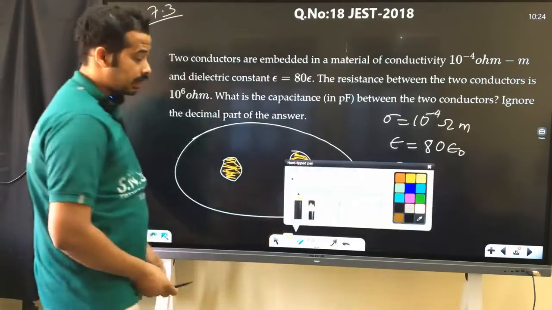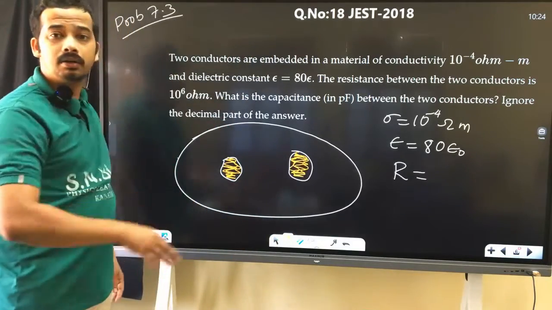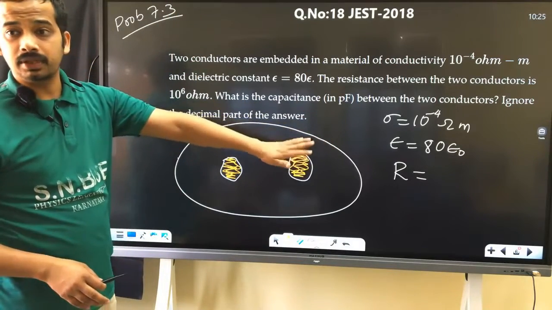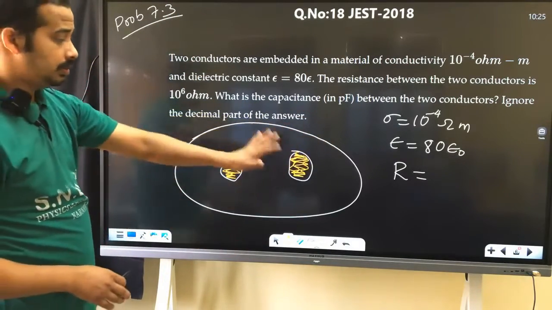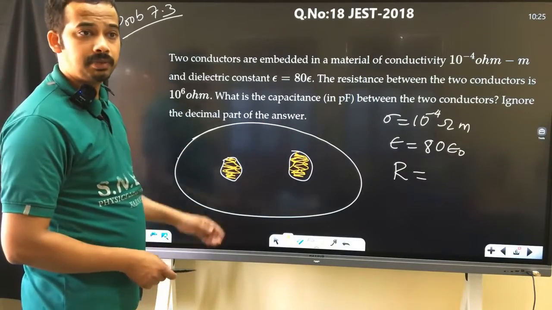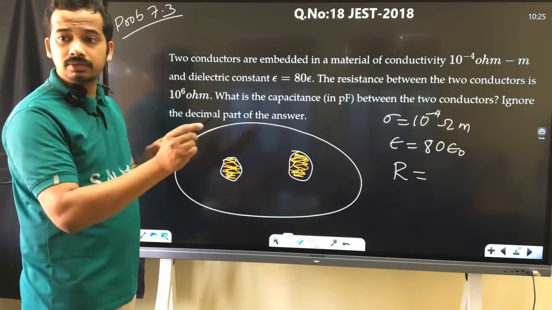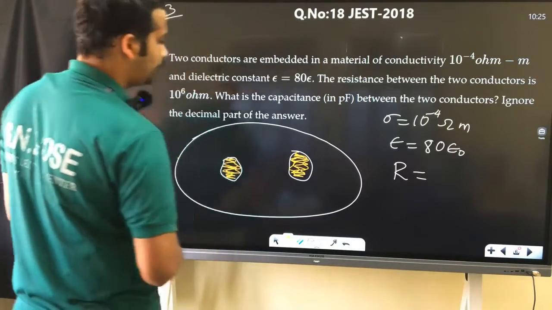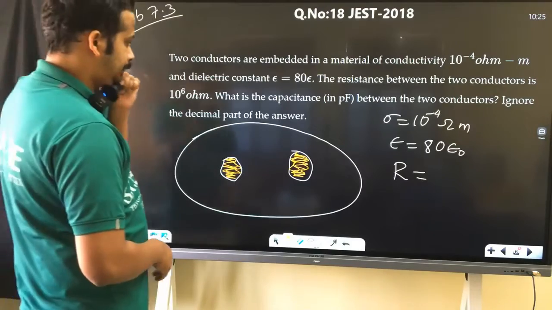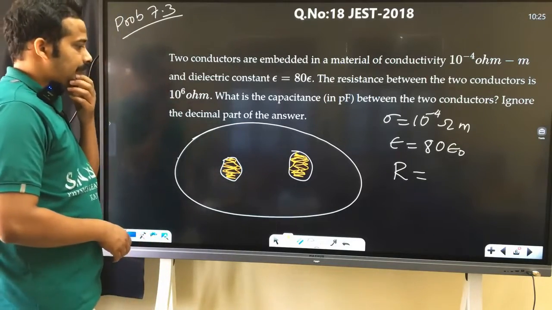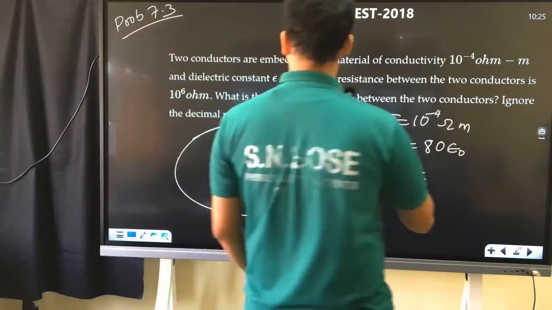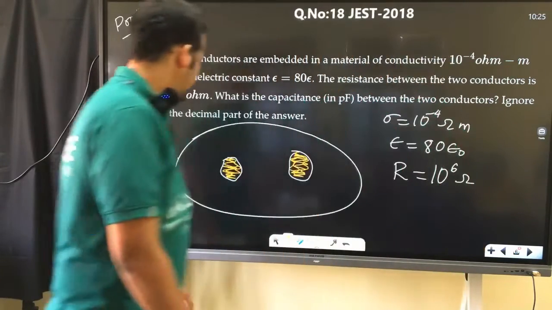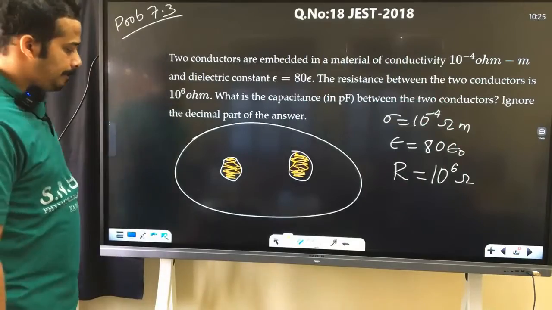Look at here. I'm doing only the numerical part. You have to practice. Okay, you didn't do that one. For the next 10 days, concentrate on it while doing the practice tests, while writing those numericals and doing the calculations and all. Now what we do here is, the resistance is given. Am I right? 10 raised to 6 ohm.